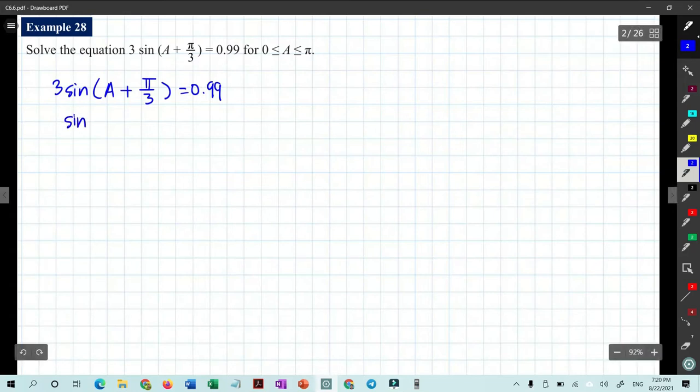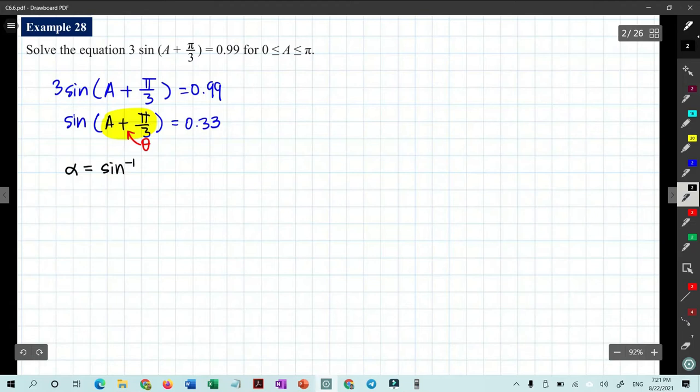So we'll get sine (a plus pi over 3) equals 0.33. By assuming a plus pi over 3 as theta, the first thing is we have to find what is alpha. As usual, alpha is equal to shift sine